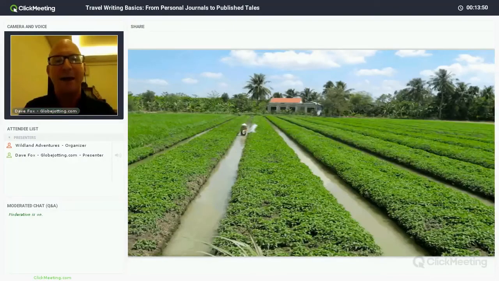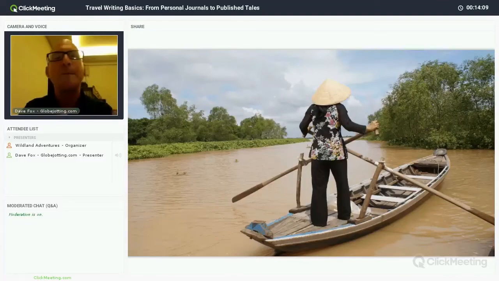So for an example, let's say we're going into the Mekong Delta here in Vietnam. And yes, the Mekong Delta is beautiful, but you want to go with more specific details. So write about the shimmering green rice paddies and the farmers out in their fields, maybe waist high in these irrigation trenches, throwing water on their crops and trying to keep them going. All of the little wooden boats that are chugging through the